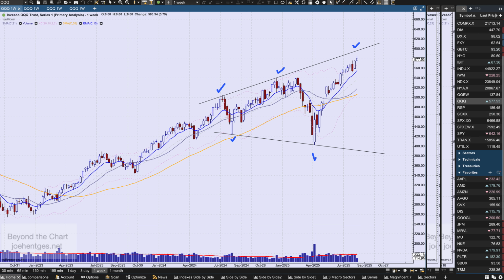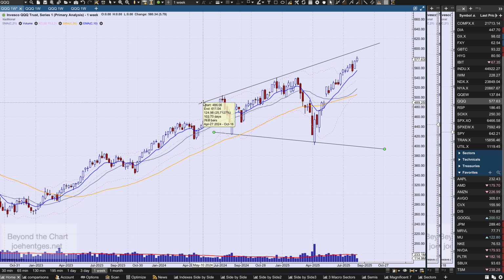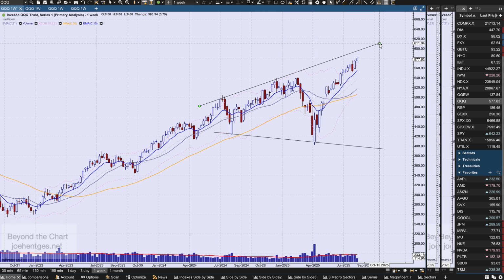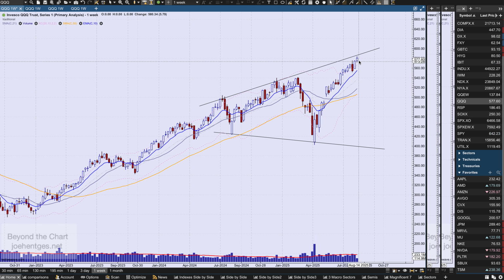Now, let's talk about that. A couple of things. I'm using the extended candles to draw the trend lines on here. But sometimes you look at this and say, well, let's just look at the bodies in here, and then let's just draw it if we're looking at the bodies and take that into consideration. And when you do that, we're getting pretty doggone close to the top up here.